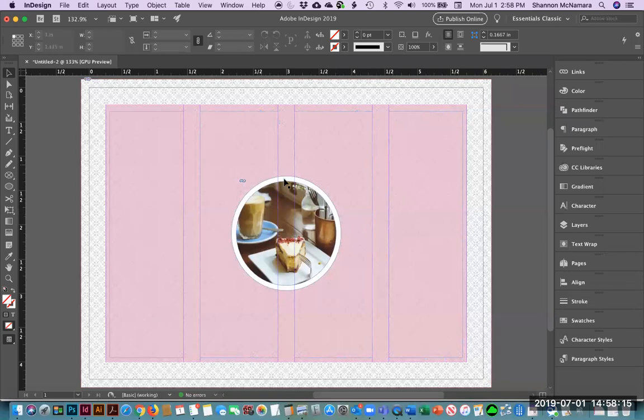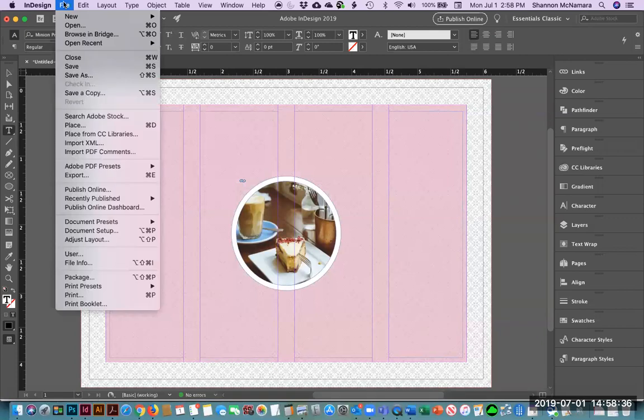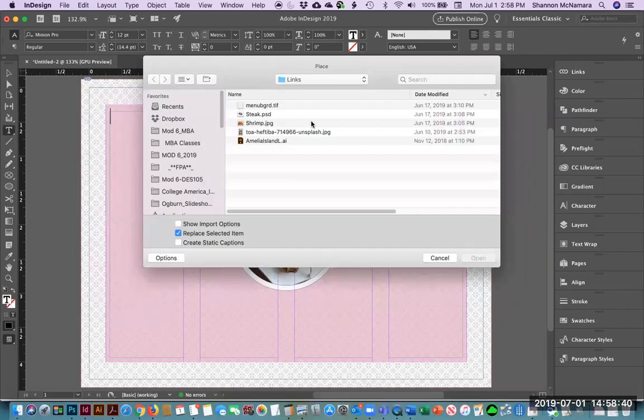But what if I want my text to run around this? I can do that with text wrap. That's a good thing about text wrap. So let's add some text in. Now, did you know that you can import text just by doing a File, Place with your cursor in the text box? You can do File, Place,